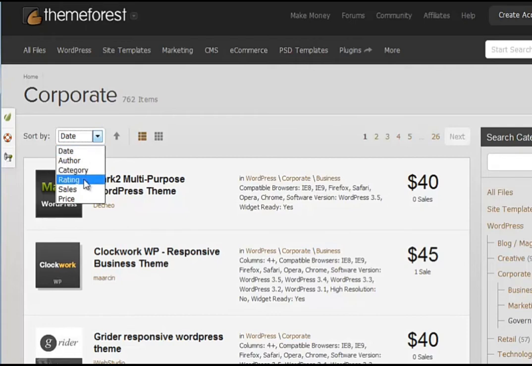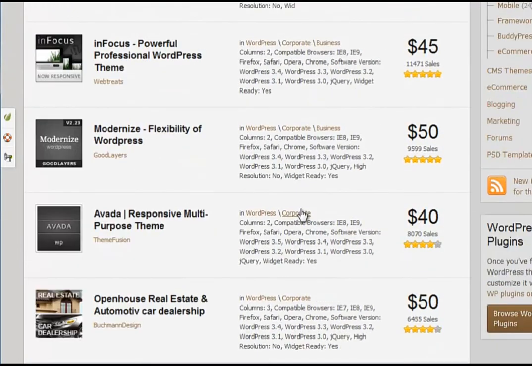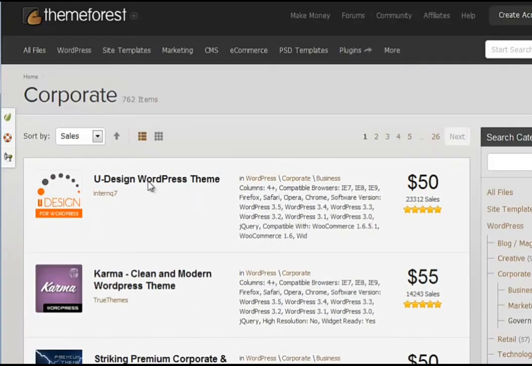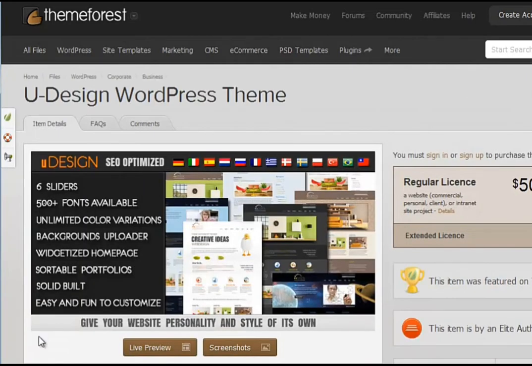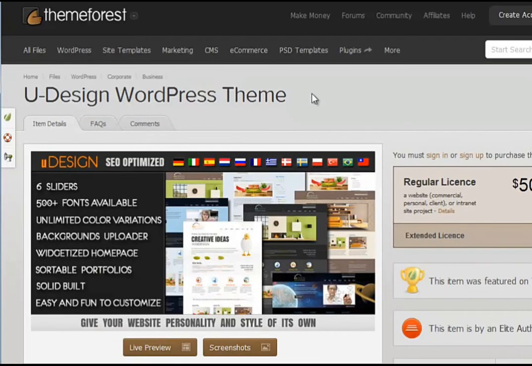and if you're going to search, it'll default by date. Don't do that. If you want a shortcut, go by sales. So you find the site designs that have been popular, and they're roughly $50 at Theme Forest. They're not much different. Some are $45, some are $40, but most are $50, $55. And then you can preview that and see why other people like it. And you've got screenshots, live previews, all sorts of things, and a sales pitch on what it does. So if you're stuck for a theme, Theme Forest is a good place to start if you can't find one